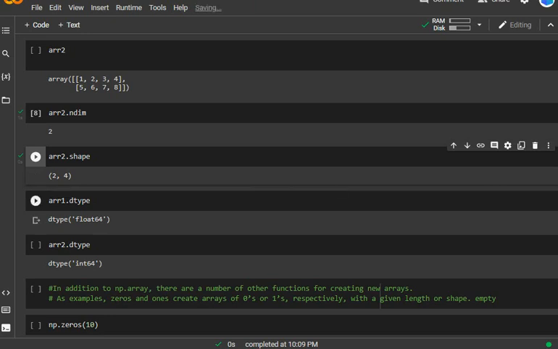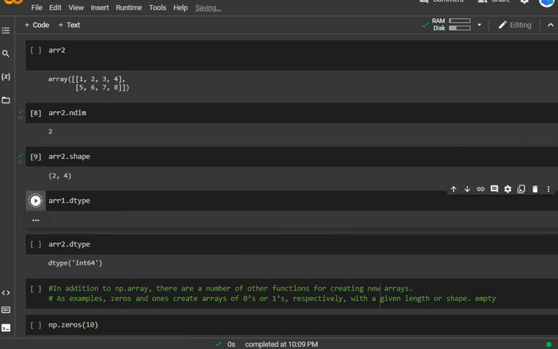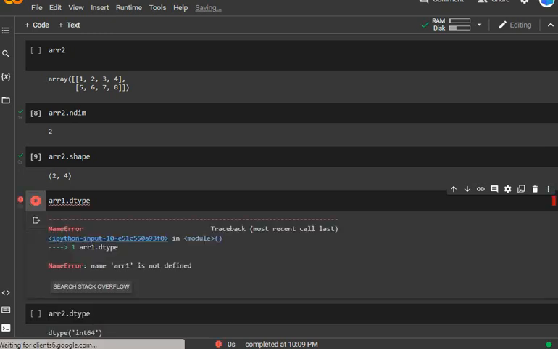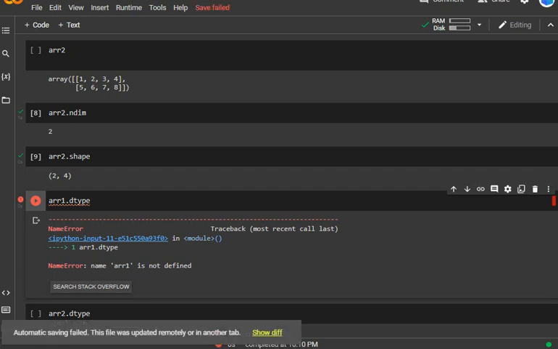Data types: what types of data. Just look here, the type of the data has been given. This is the way we can get the array 1 d type, meaning data types. So we can easily see here the types of the data, and look here, I think we are getting some mistakes, otherwise the internet is not working.